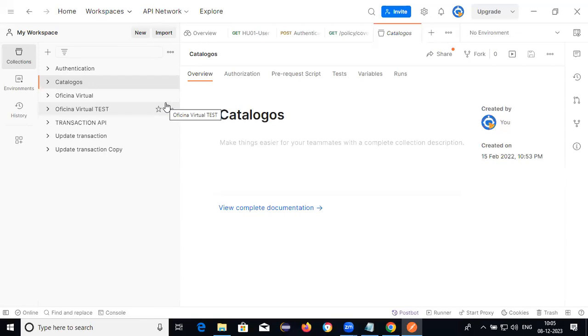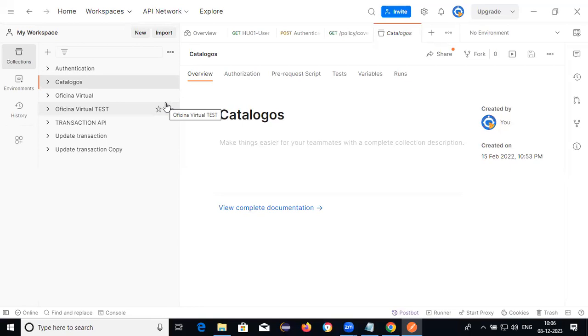Next one, under the collection, create a folder. Under the folder, provide the request.